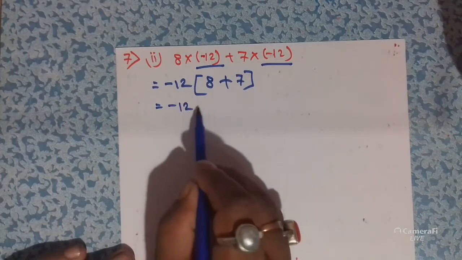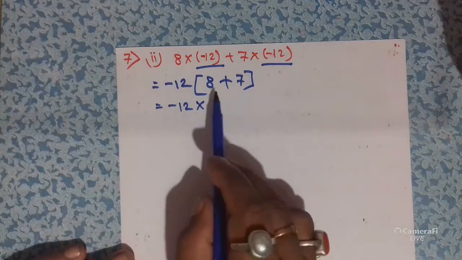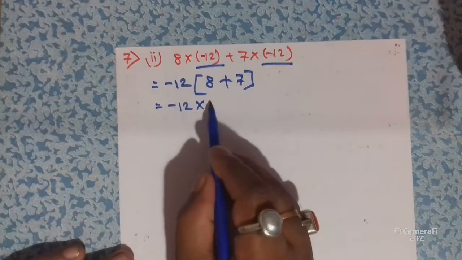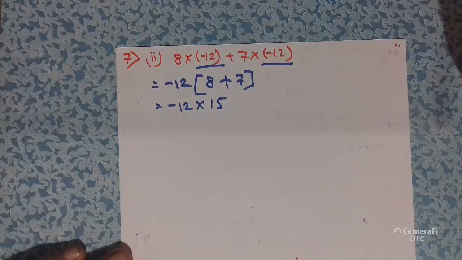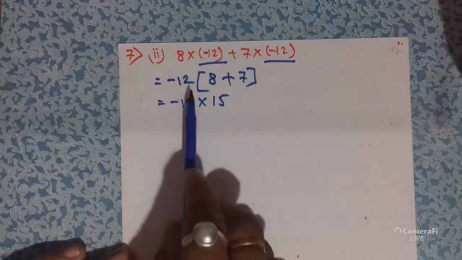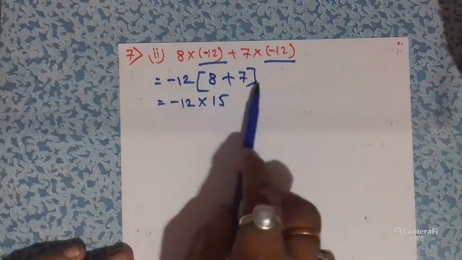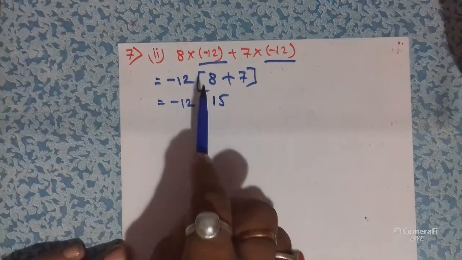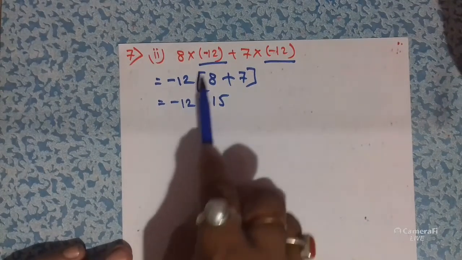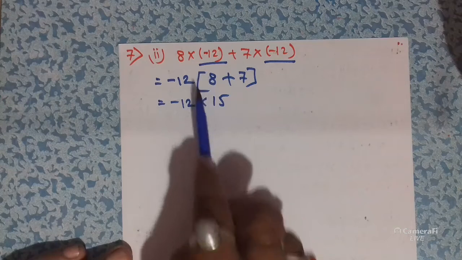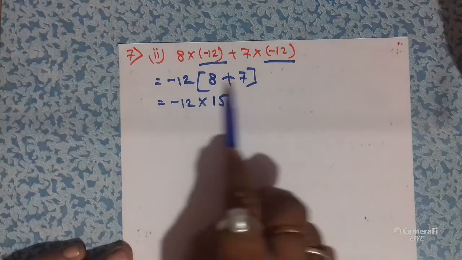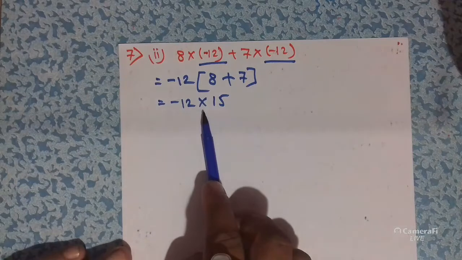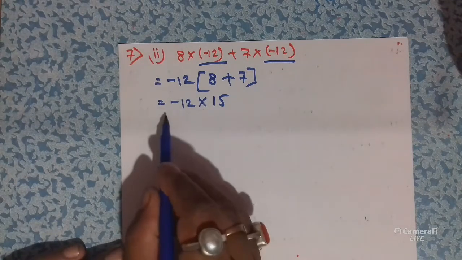So minus 12 multiply, now we have to add 8 with 7. So 8 plus 7 is 15. So here students, you can see that in between 12 and in this bracket no sign is there. So that means it is multiply. Okay, bracket means of and of means multiply. Okay, so when any number is like this, then we can take multiply. Now